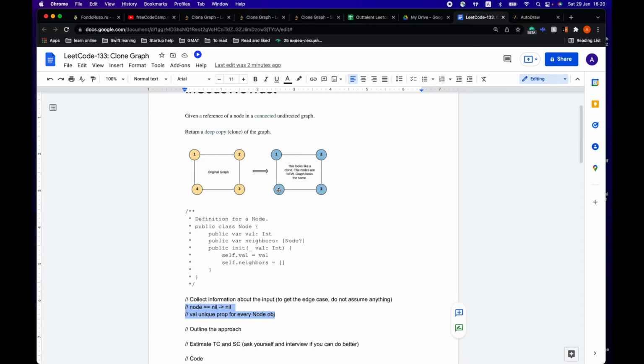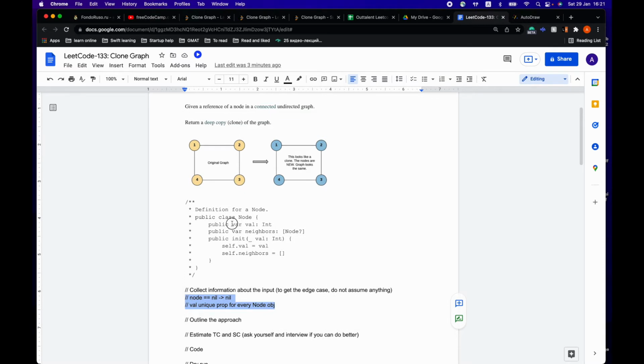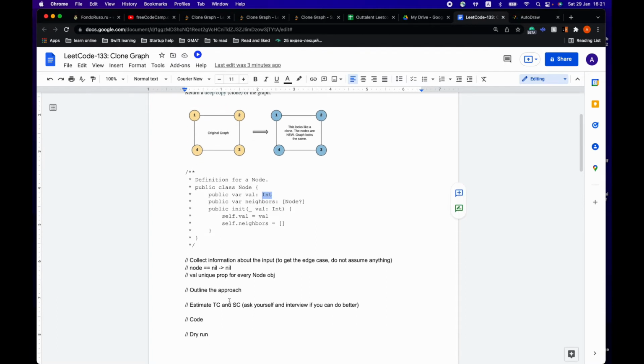So that can be done actually with the use of an additional data structure. In this case, I think a hash set or hash map, or in Swift we can use a dictionary, will make sense because the value property is unique for every node and it's an integer, so it's a hashable data type. So yes, we can go ahead and say that first we'll use a dictionary with an integer as key and a node as value, and for every single node, as we traverse it,